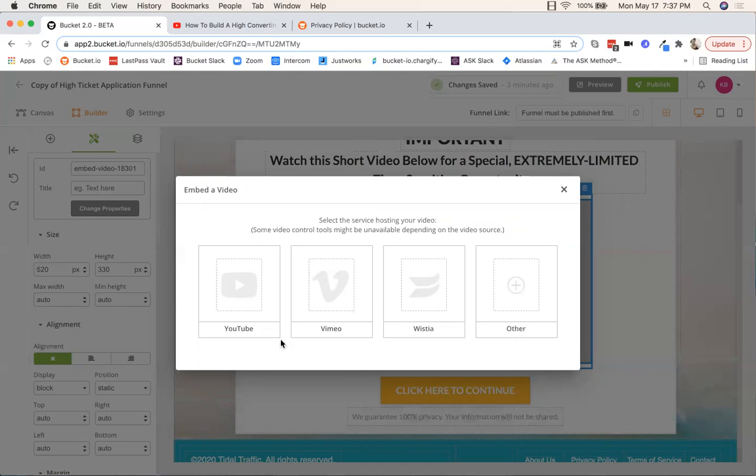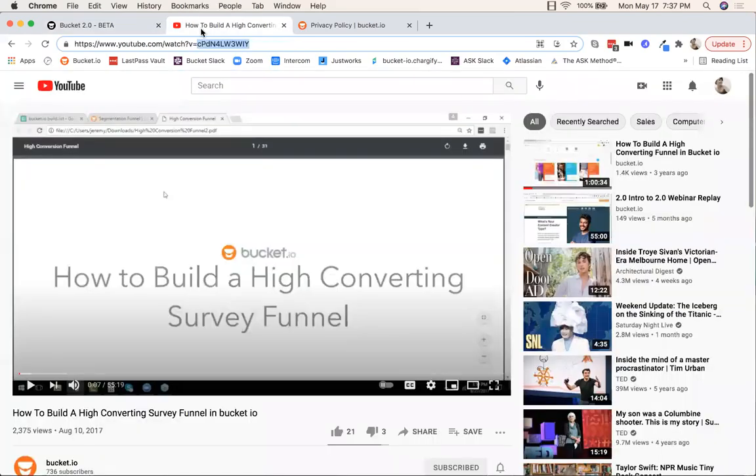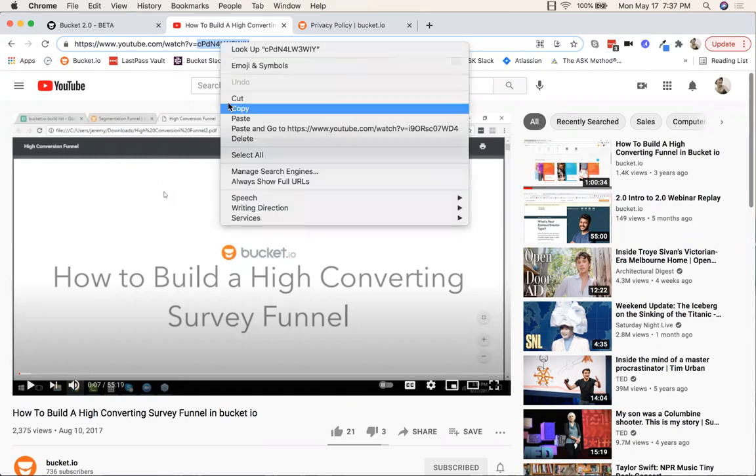Since you just saw the embed code and how you upload Wistia, I'm going to show you how to work with YouTube. So I'm just going to click YouTube. With YouTube, it asks for a video ID. I'm going to delete the one that's there. I've got my YouTube account already pulled up, and this is the ID number that you need. It's the string of numbers and letters at the end of the URL for that particular video. Just make sure the URL is set to that one video, not your whole collection of videos. Then I'm going to copy this,